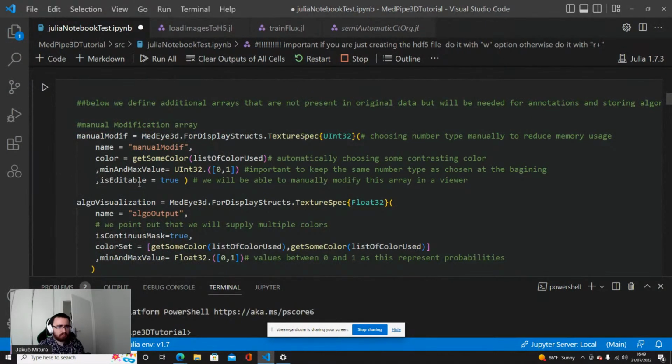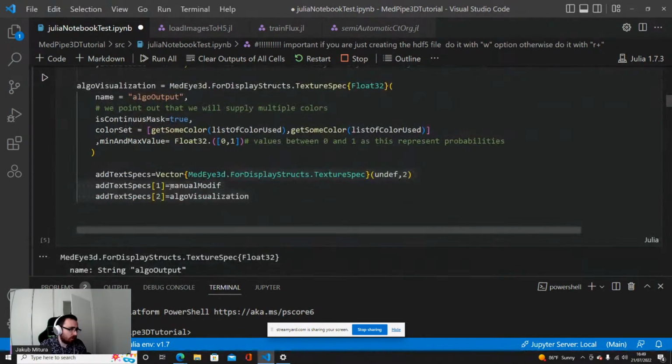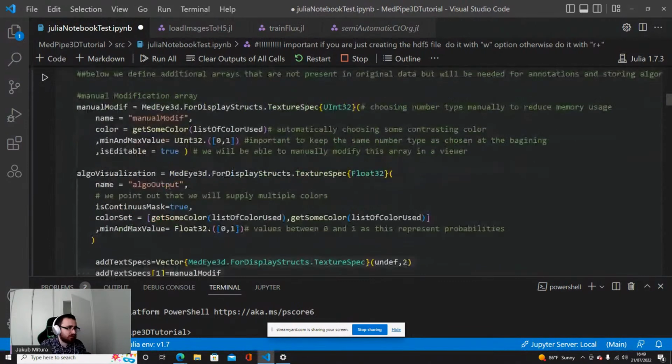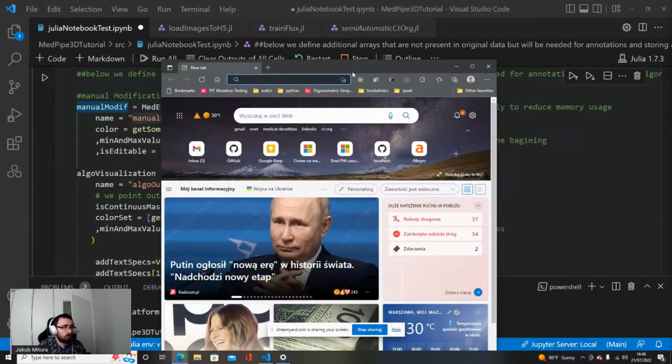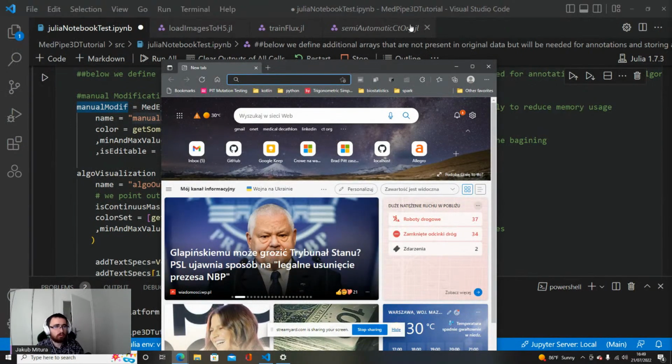Okay, so here we are getting to defining how visualization should look like. In Medi3D, it describes how each mask, how each array should be visualized. So in case of, wait a moment, not here. Sorry.